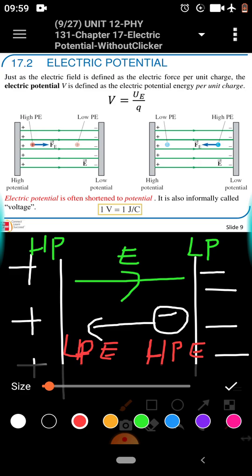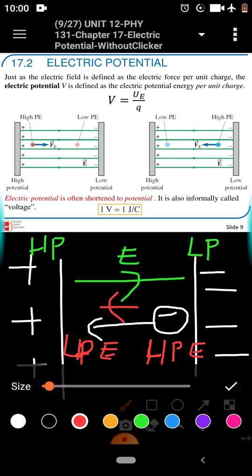Please understand these differences. The charge moves in this direction because it goes from a region of high potential energy to a region of lower potential energy,